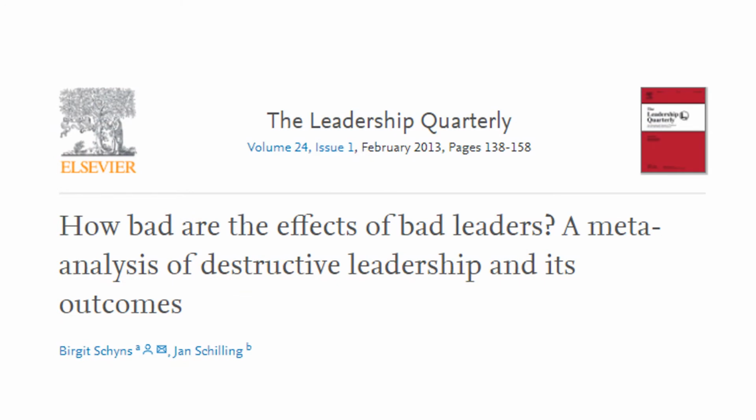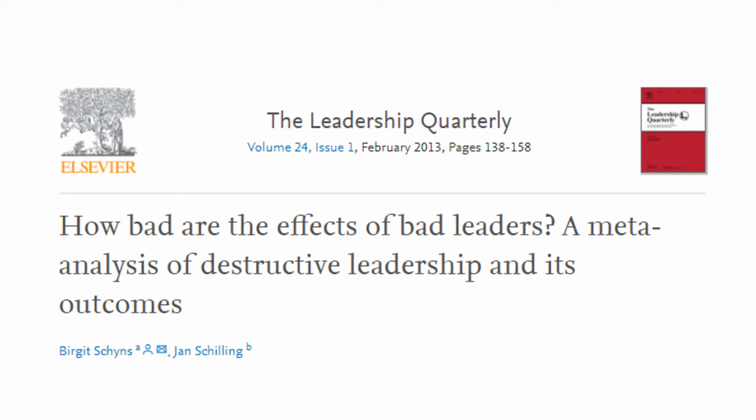Another example of meta-analysis is the study of destructive leadership and its outcomes. In this study, authors analyzed 57 studies on the relationship between destructive leadership and its outcomes. Destructive leadership is the systematic and repeated behavior by a leader, supervisor, or manager that violates the legitimate interest of the organization by undermining and sabotaging the organization's goals, tasks, resources, and effectiveness, and the motivation, well-being, and job satisfaction